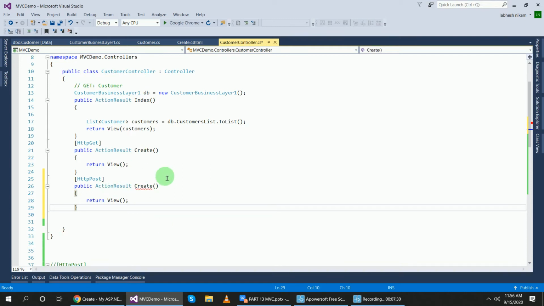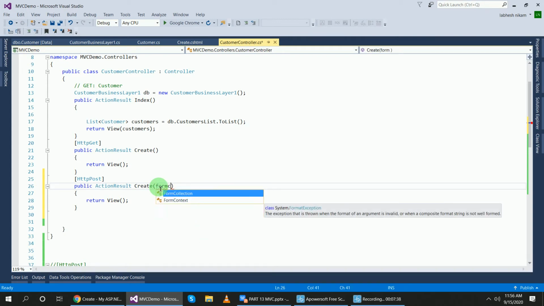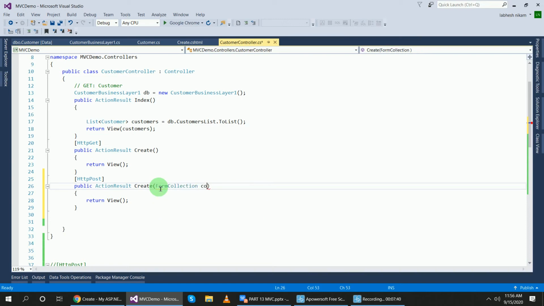So this same. Now we will use the form collection object. Using this collection object we will generate the key.